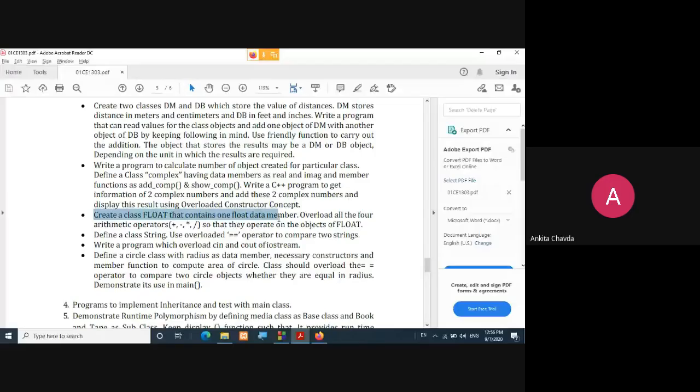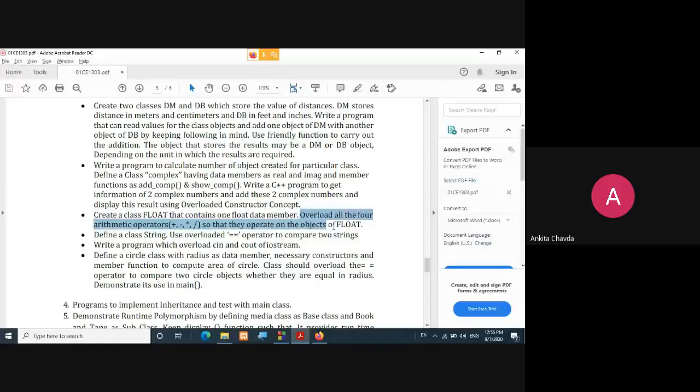Now the next program: you have to create a class Float that contains one float data member. Only a single variable is there, which is float. Float A, B, C, whatever name you like, you can give it. But the class name is Float. Now overload all the four arithmetic operators like plus, minus, multiplication, division,